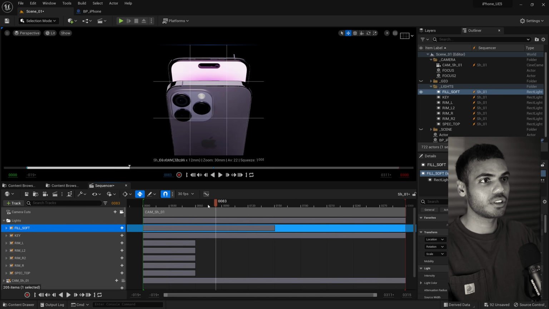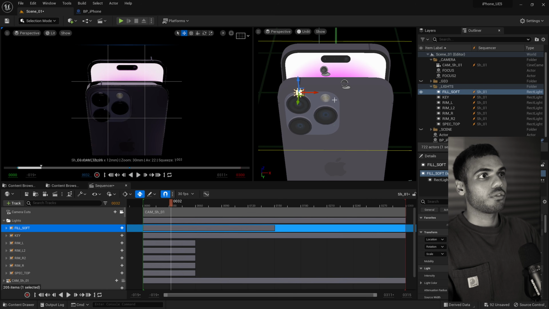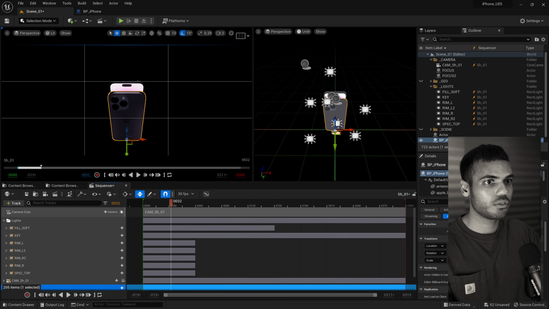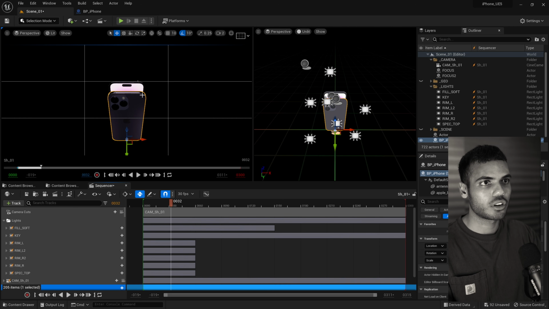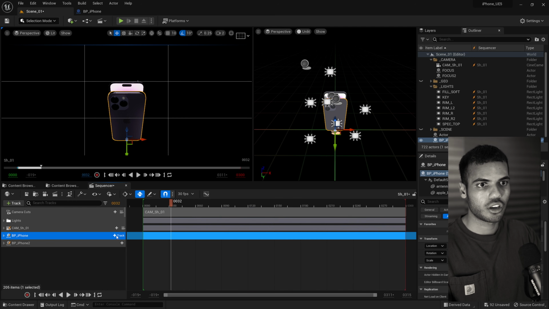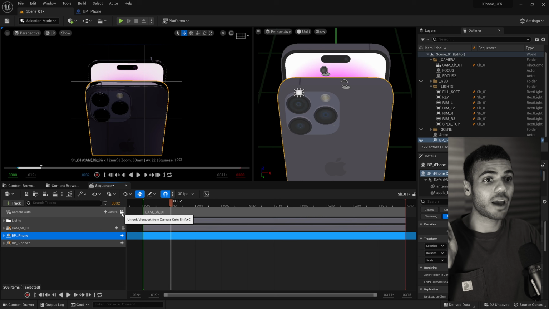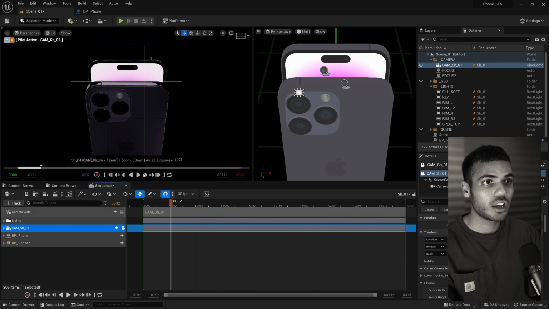The next part of this sequence that I want to show you is just what the lights are doing. So if I just go into my multi-view here, make sure you're out of your camera cut track if you're doing multi-view, because it overrides both views. So I'm just going to click in this one and then go into my actual camera. Also, another quick tip, in your camera cut, you can't actually move your camera. You're just viewing the camera. But if you're in your cam shot 01, now you can move it.